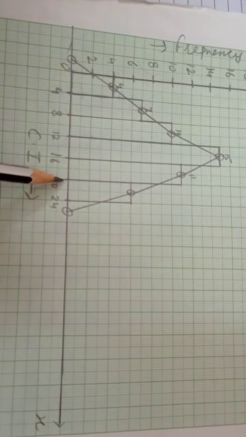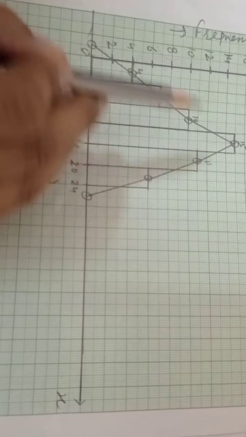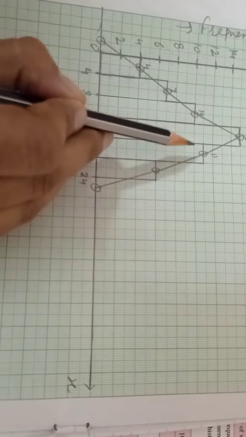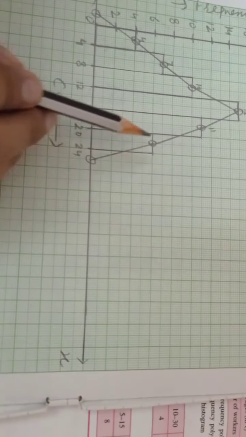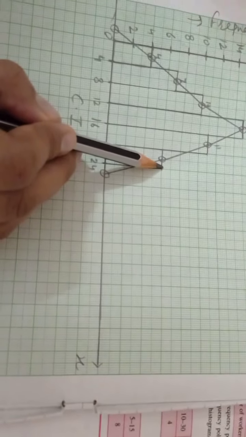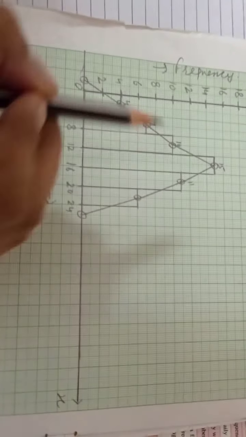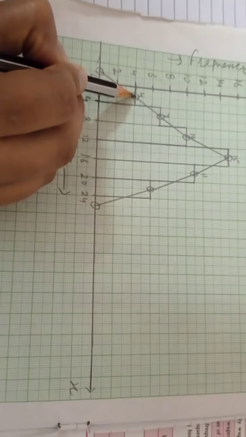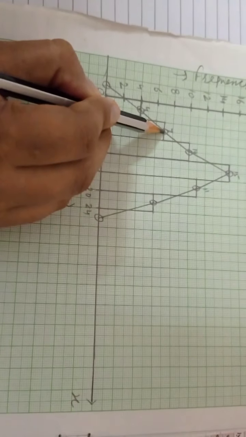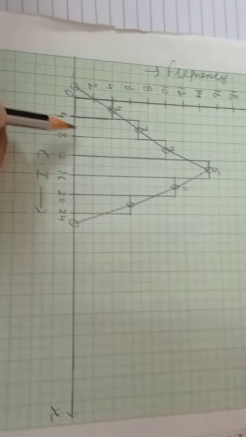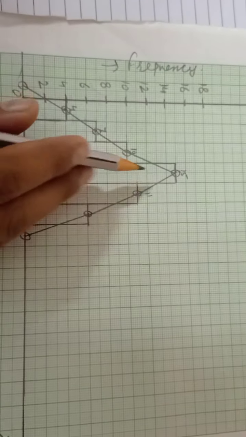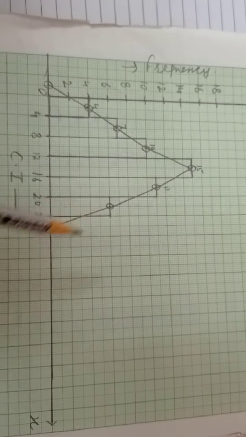Then after 16 to 20, the observation is 11. 11 will be between 10 and 12. Clear? That I made. Then 20 to 24, observation is 6. Okay children, after making the bars, you have to find out the midpoints. This is the mid value. See, in between the box there is a line which is the center of the bar. Clear? So mark these points over here. All the points I marked.